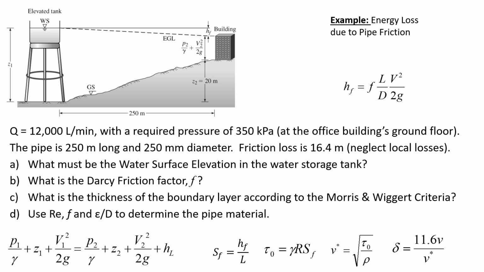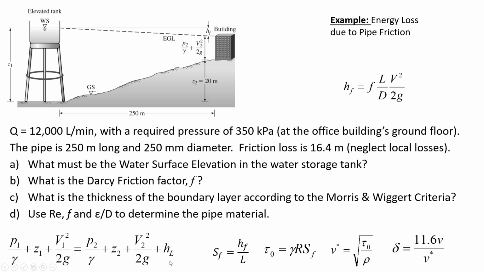The most logical place to select as location 1 in the energy equation is your origin. In the energy equation, there's a directionality implied by the left-hand side having the 1, the right-hand side having the number 2, and the head losses on the right-hand side. What that tells us is that the amount of energy at 1 is greater than the amount of energy at 2, because as the water flows from 1 towards 2, some of the energy is lost due to pipe friction